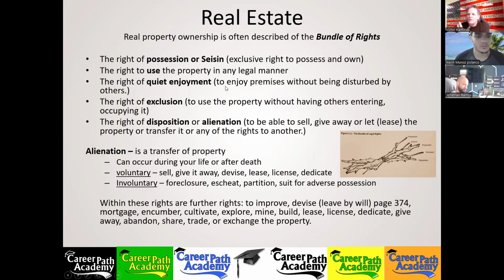For instance, if you lease property, what's happening when you lease property? An owner is handing over possession of their real estate to you and turning over all of their rights to you. Well, not all of them. They're keeping some of them, like you don't have the right to sell their property or mortgage it when you're renting it, right? But you do have the right to quiet enjoyment. They do pass those rights on to you. The landlord doesn't have the right to enter your property.